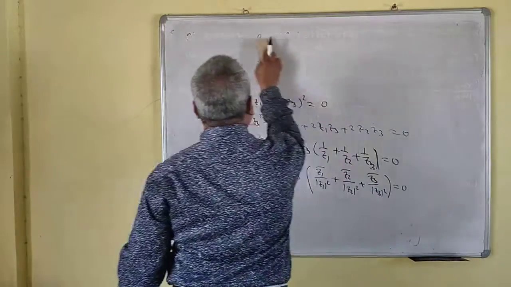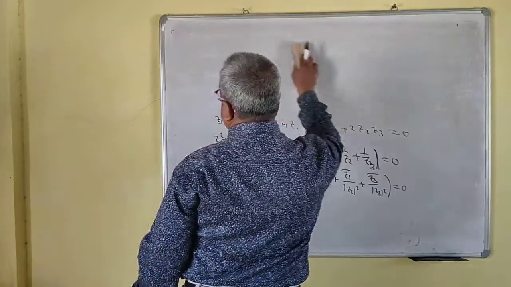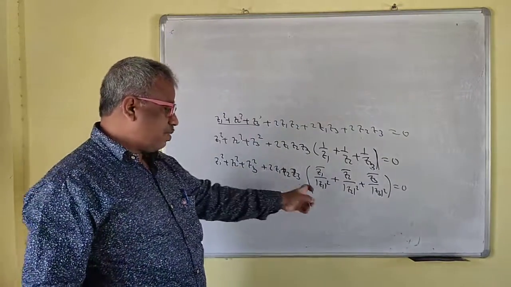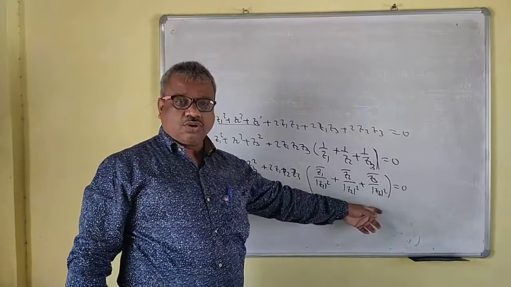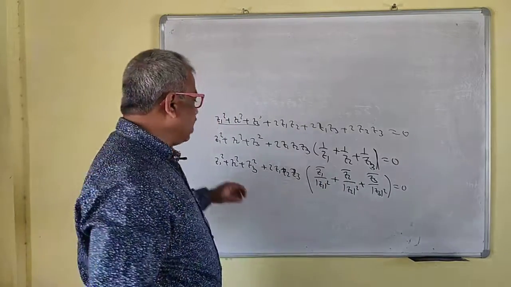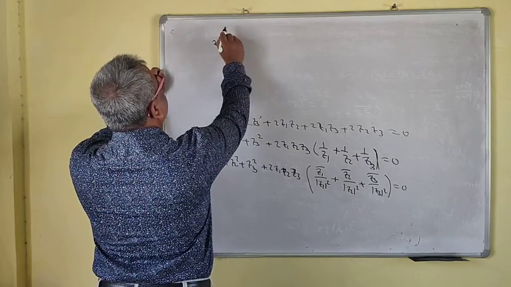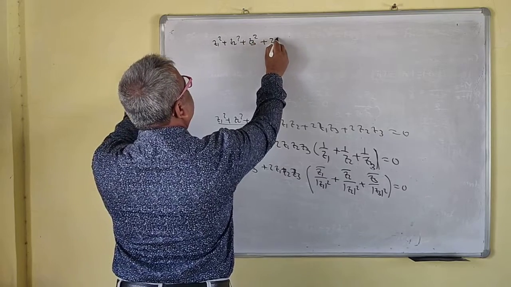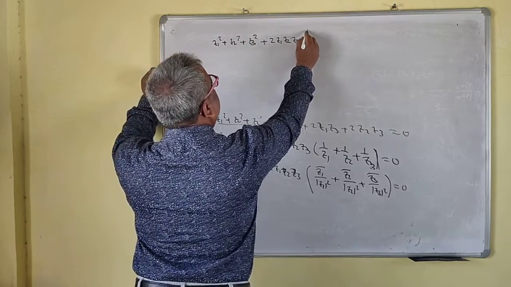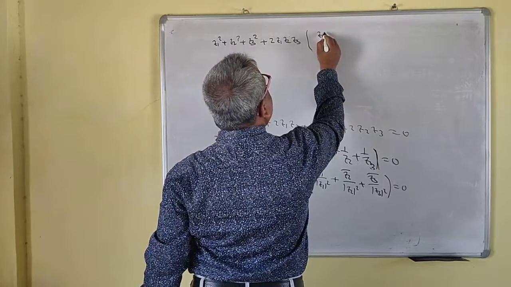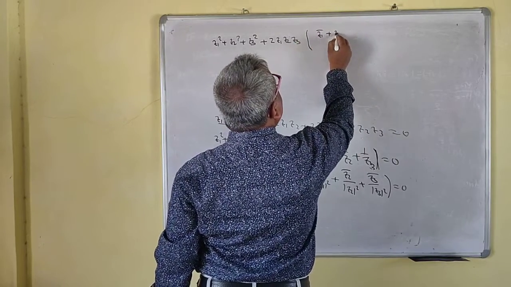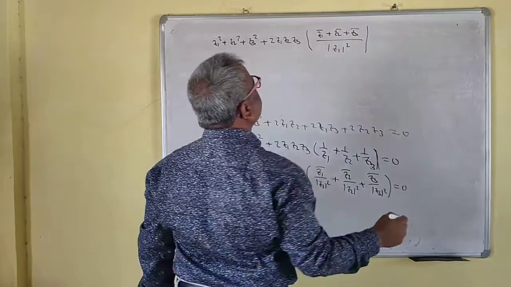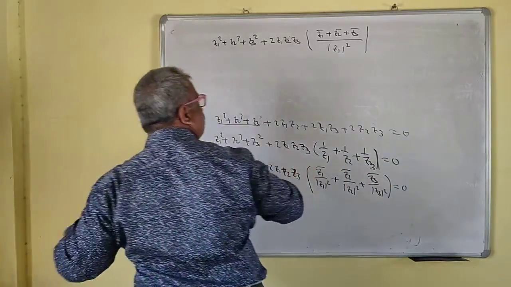Now we have applied that (z1 plus z2 plus z3) square is 0, but we have not applied that mod of z1 is the same, that the magnitudes are the same. That means the magnitudes are the same, right? So that means all the denominators are the same. We can take the addition of the numerators now. This is z1 square plus z2 square plus z3 square plus 2 times z1 z2 z3 into (z1 bar plus z2 bar plus z3 bar) upon, we'll write one of them, mod z1 square.